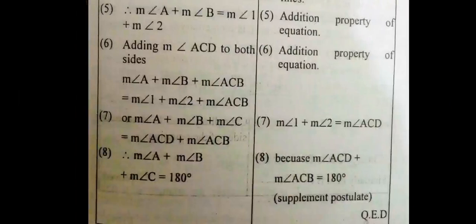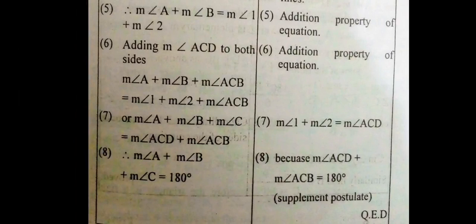statement number 7: measure of angle A plus measure of angle B plus measure of angle C equals measure of angle ACD plus measure of angle ACB. It's not B, it's D. Okay, measure of angle ACD. It's a misprinting over there. So by shifting that measure of angle ACD towards the other side,